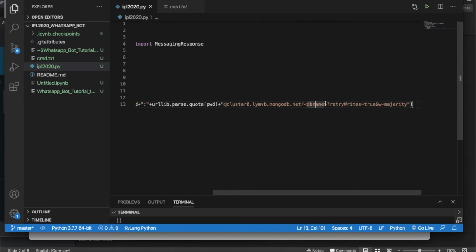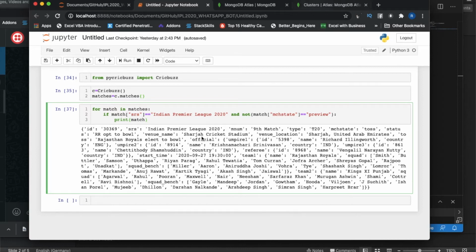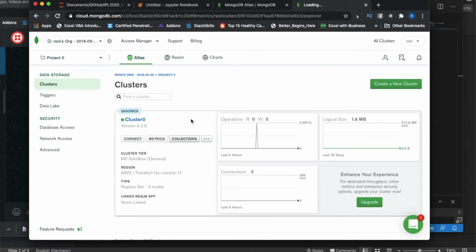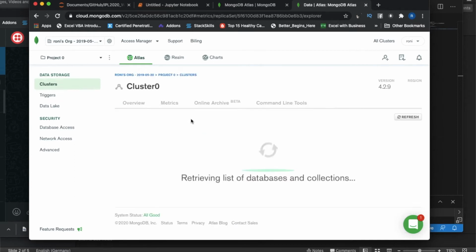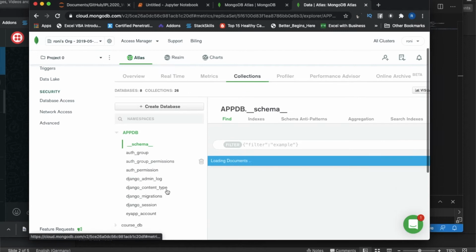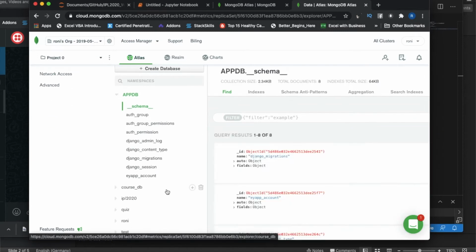Now I need to change the DB name. I'll explain what I did in MongoDB. Let's go back to my collection. You can also follow the same thing, but I'll do this part very fast, because I already explained this many times in my earlier videos. If someone is new, just go back and start from the beginning.